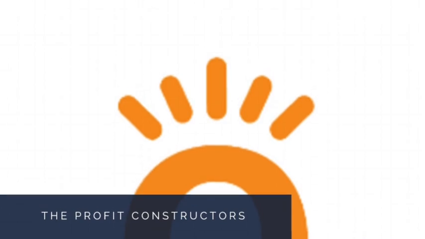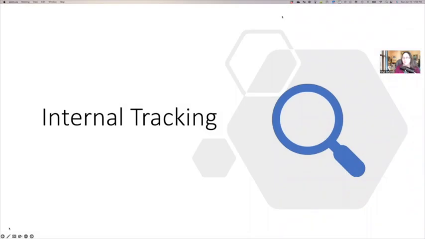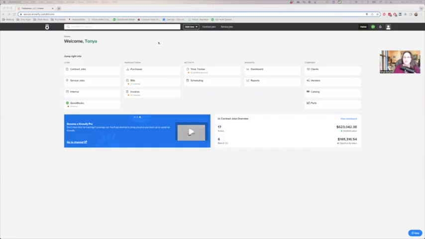Part 8, Internal Tracking. All right, today we're going to be talking about internal tracking and what we can know about that in Knowify. One of the more unknown areas of Knowify, and how and when to use it and how it can be populated, is internal tracking. We're going to talk a little bit about how some of our clients use it and ways that it can be utilized to